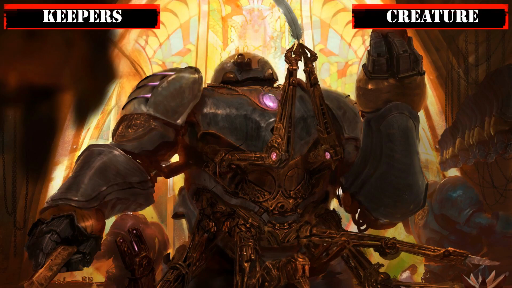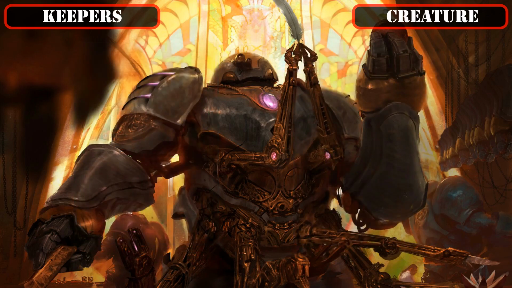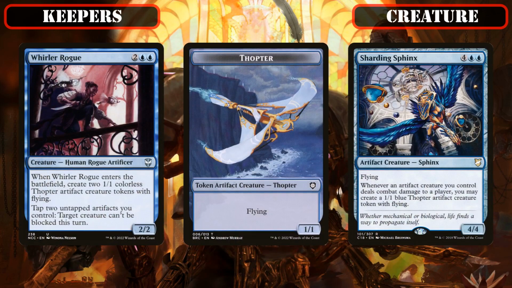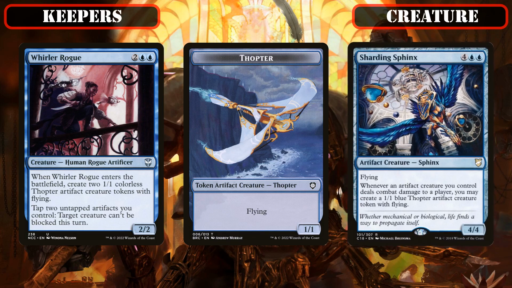Starting off with our retained creature entries, we'll first be focusing on keeping as many unique artifact token generators as possible to make the tokens Gimbal creates for us as big as possible. As such, we'll be hanging on to Gilded Goose as a repeatable source of food tokens and ramp if needed, Whirler Rogue and Sharding Sphinx as sources of Thopter tokens that can also get us extra value out of our tokens by either using them to make our creatures unblockable or making more Thopters for us as they deal damage,